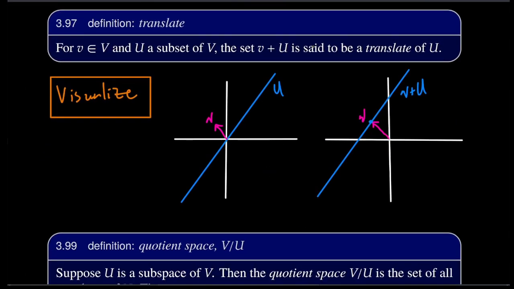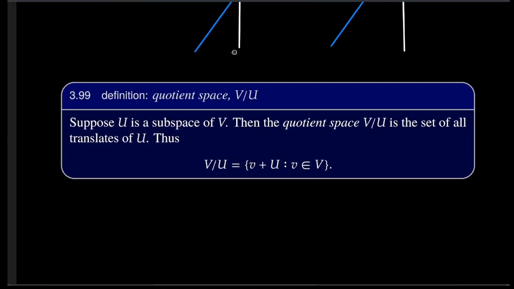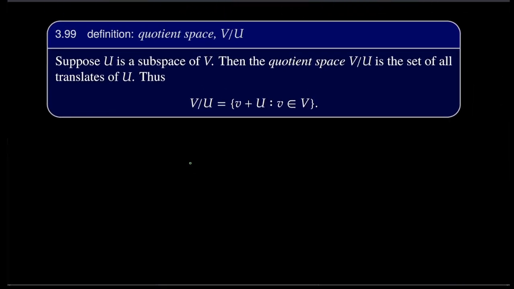All right. So this makes some sense of the idea of translating. That is, we're just shifting it side to side, or if you want to see it similarly, you're just kind of moving it up and down. There's no real difference there. But we're just moving it over by a vector. Okay. So a quotient space just takes this and it defines a nice notion of addition and scalar multiplication on it. So we take u, a subspace of v,